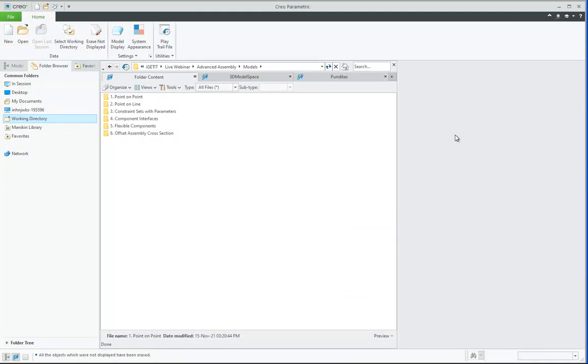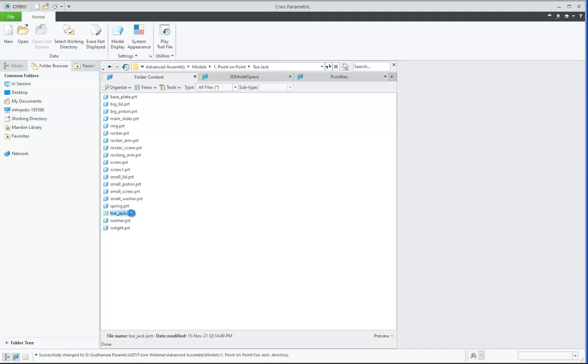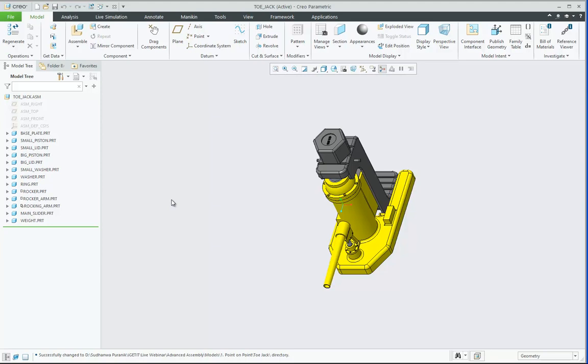My first topic is constraining a point on a point. For this there is an assembly of a toe jack, and in the toe jack I enable the point display.